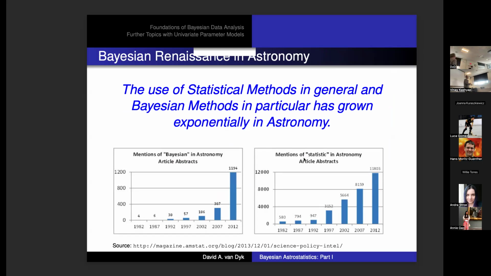But since you're astronomers and we started a little late, let me skip over that. And say, okay, even if you're thinking about these more science-based statistical models, there's another bifurcation, which is Bayesian methods versus what we call frequentist or likelihood-based or more traditional methods. And this is an old plot at this point, but I did a lot of work to make the new plot, and it shows the same pattern: astronomers thinking about statistics has grown enormously and continues to grow. And within statistics, thinking about Bayesian methods is growing equally fast.